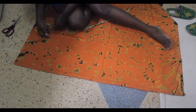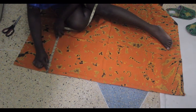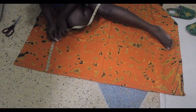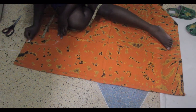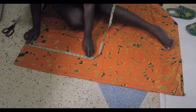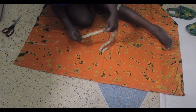bust and also the armhole, then across from there measuring my bust measurement. A quarter of my bust measurement is 9. I'm adding 10 to that for allowance, sewing allowance as well as ease allowance, and I'm just carving that into the shoulder like so. Next measurement is the bodice, which is the neck to the waist measurement, not neck, shoulder